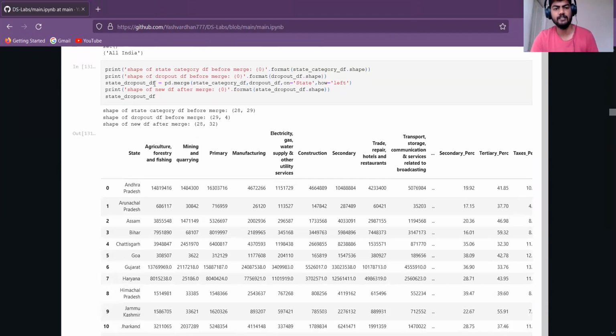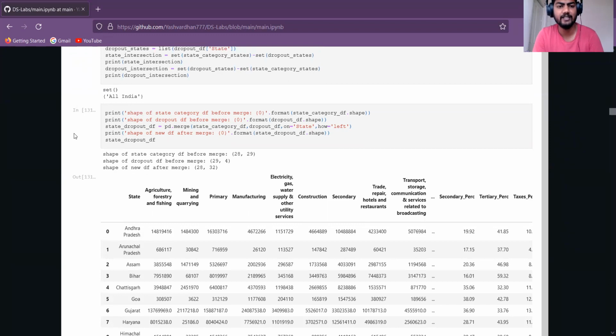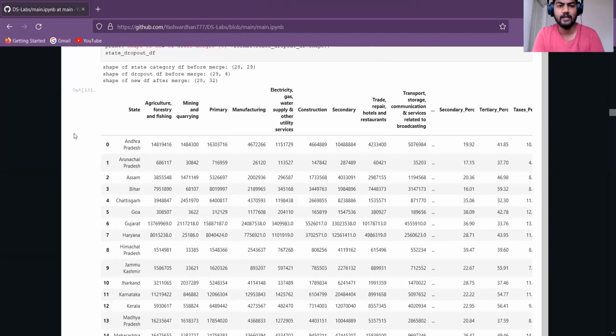From the merging of details of each state into the single data frame, we observe that before the merging, the shape of the state category is 28 into 29, and the shape of the dropout before the merge is 29 into 4, and the shape of the new data frame after the merge is 28 into 32. Then again, after dropping all the union territories values and removing all the nan values,